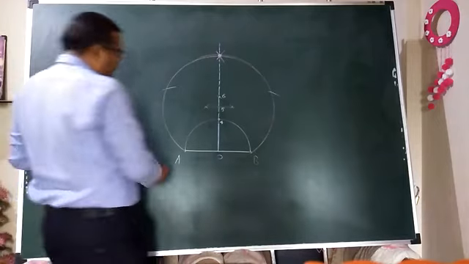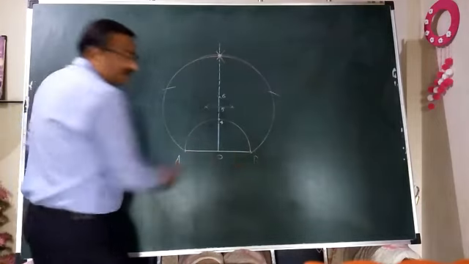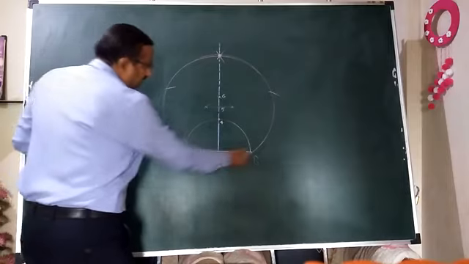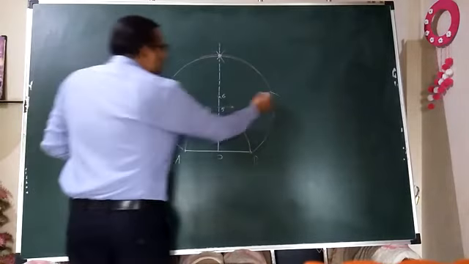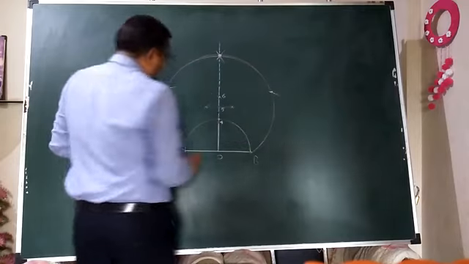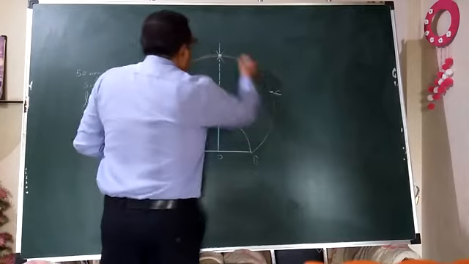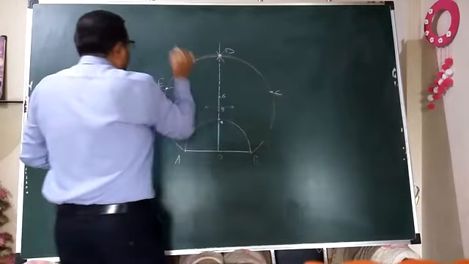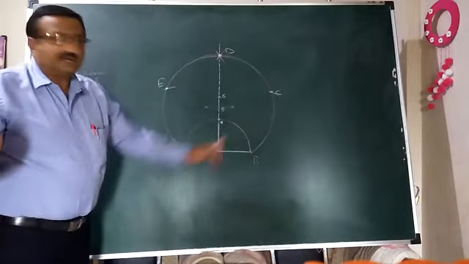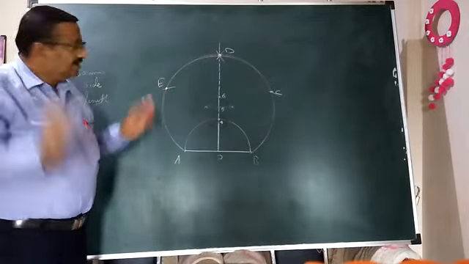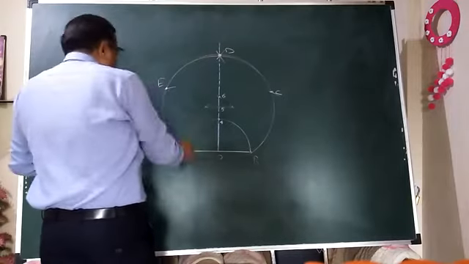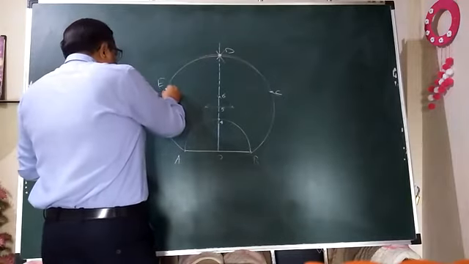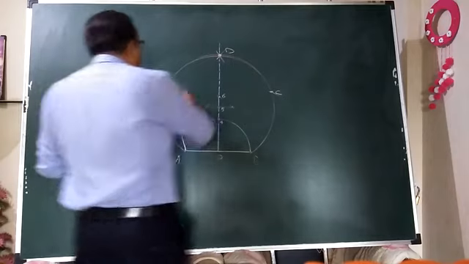That you don't forget. So first two corners are A and B. Earlier we have got the second, third and fourth corners. A, B, C, D and E. Over. These are nothing but all the 5 corners of the desired regular pentagon. Now just go on connecting these peripheral points by a straight line, by a scale.